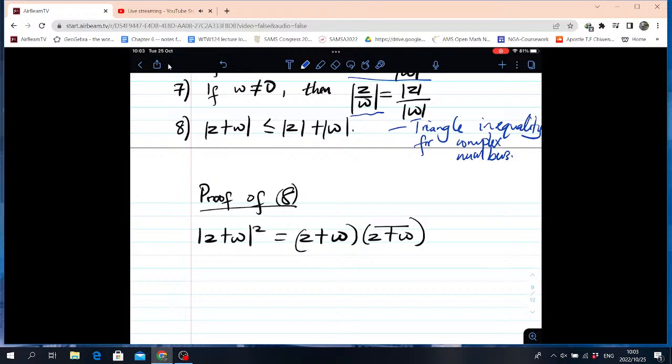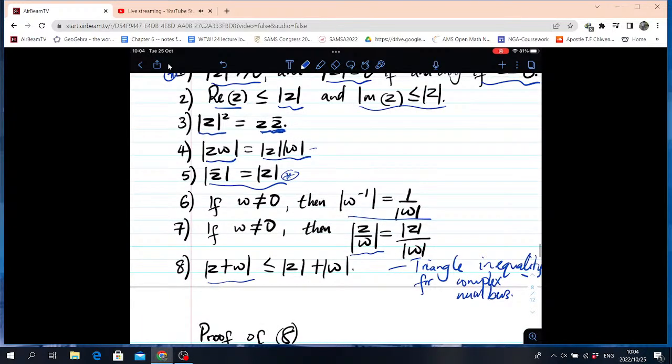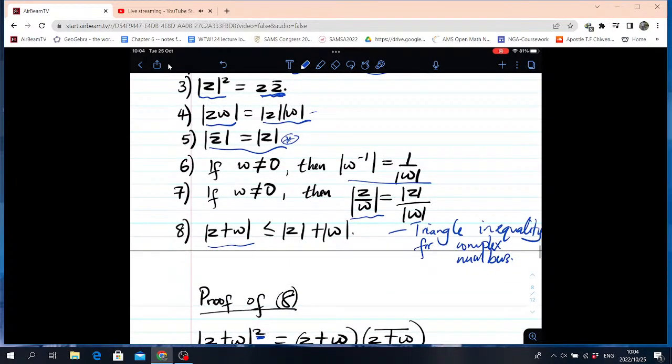And so we are going to take the square of this, and then we will start from there, and then we can use the fact that the modulus is monotonous, and then we can conclude our statement. So we start off with this, but we know from the statement that we have in 3 there,